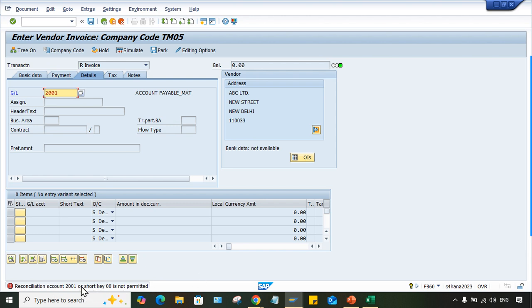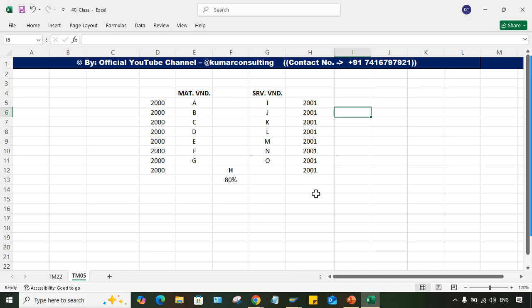Forget about this short key. This reconciliation account 2001 is not permitted. Why is it not permitted, guys? So we have additional configuration also. Additional configurations. Why is it required? Of course, it is required. I'll tell you. Now we have 2000,